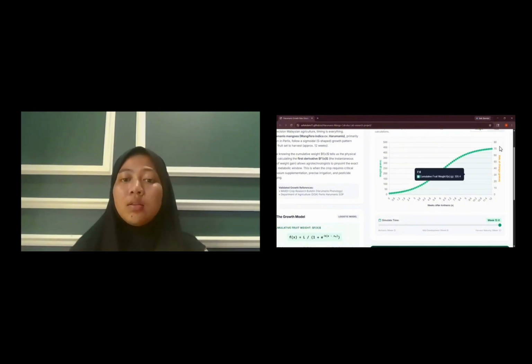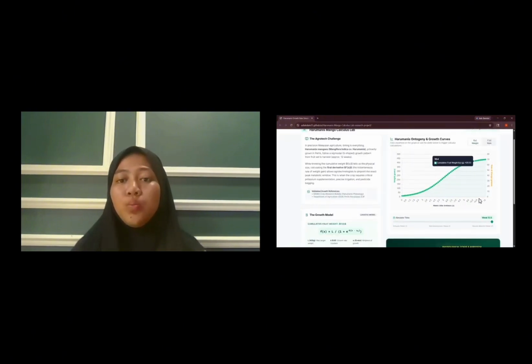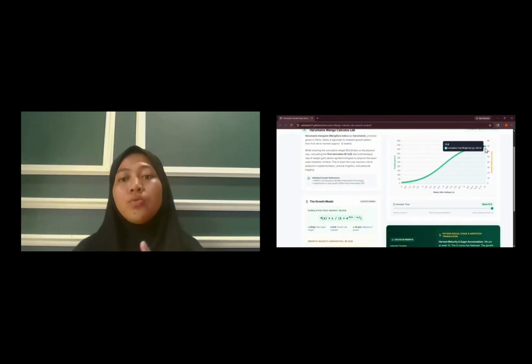This graph also shows us when we can pick the mangoes. If you want to pick the mango, you have to make sure you go to week 12 to pick the Harum Manis mango,